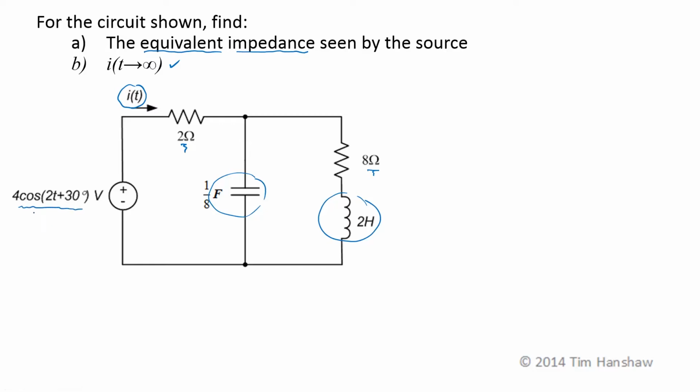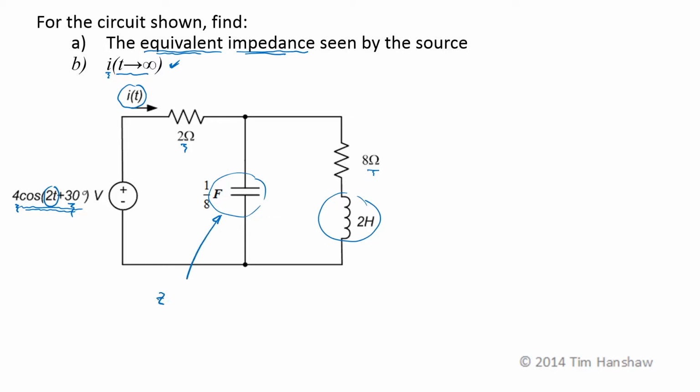input. So for a sinusoidal input, i(t) as t goes to infinity is also going to be a sinusoid with the same frequency. We just have to find the magnitude and the phase of i(t). That's definitely a frequency domain problem, so we can use our results from part A to find i(t). At any rate, the first thing we need to do is convert the capacitor and the inductor to the frequency